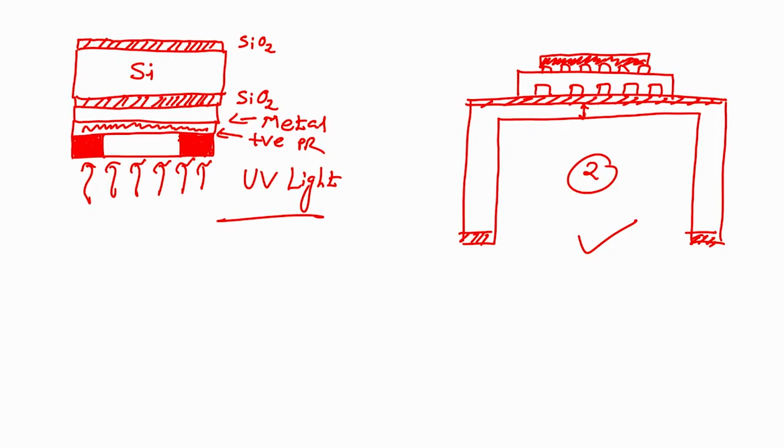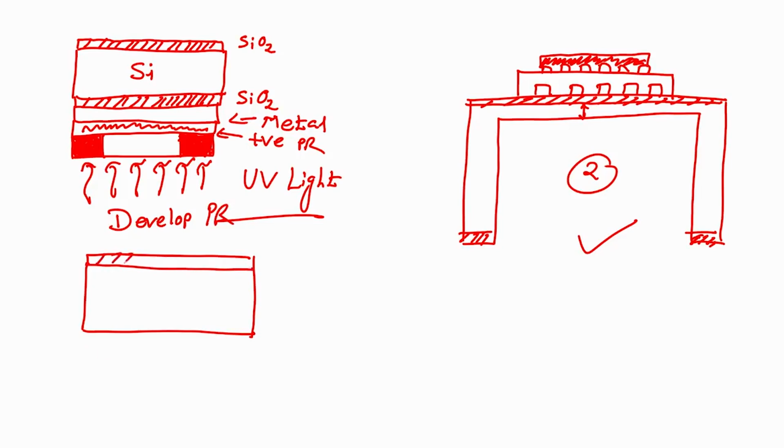After I unload the mask and develop my photoresist, then what will I have? I will have an oxidized wafer like this,